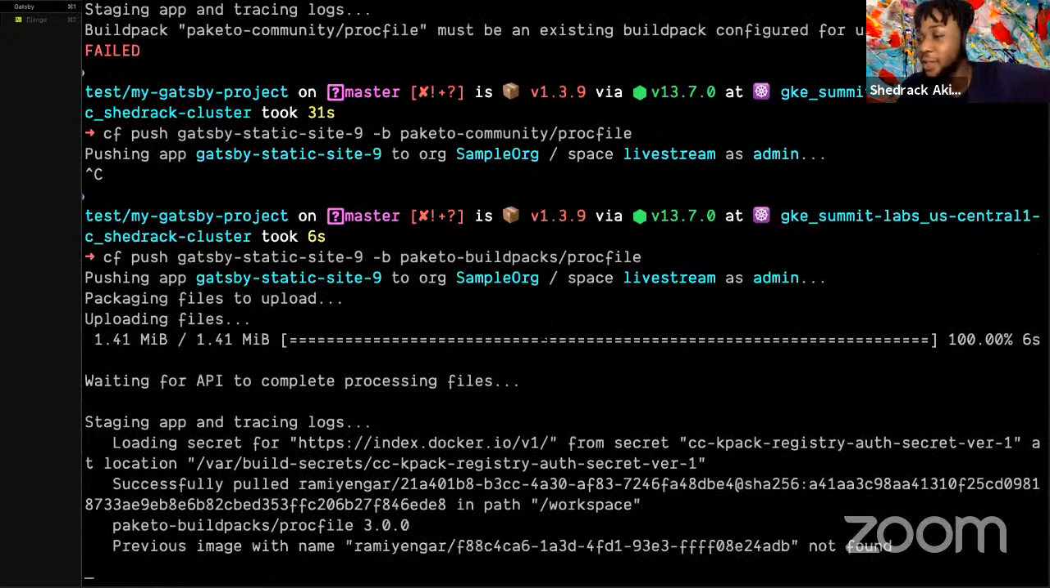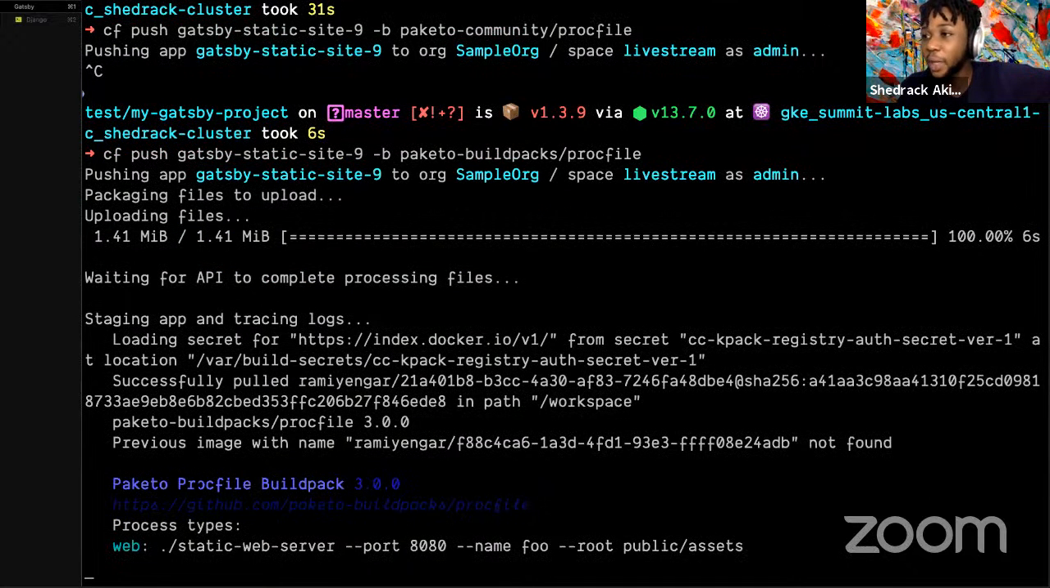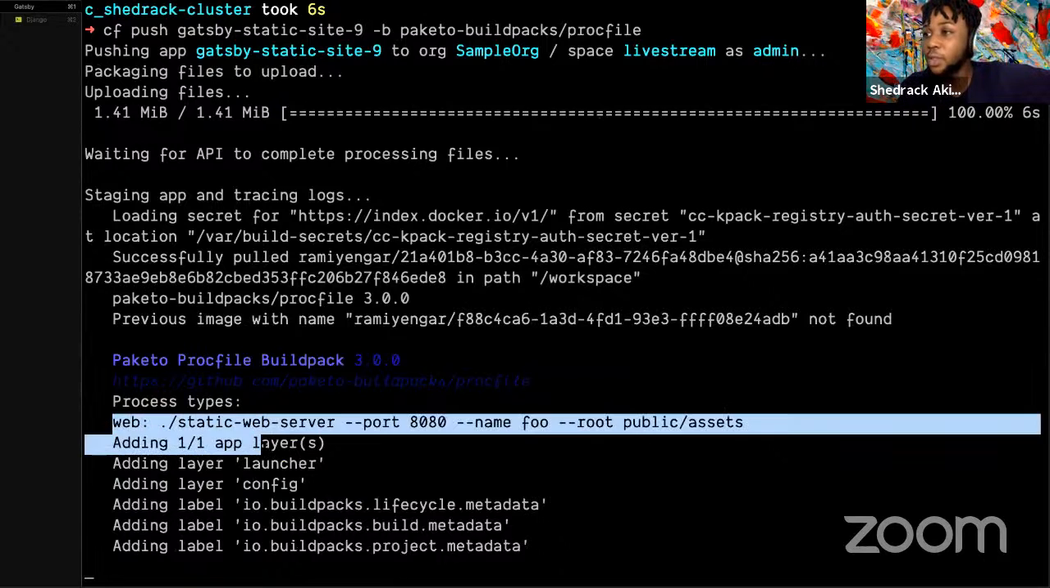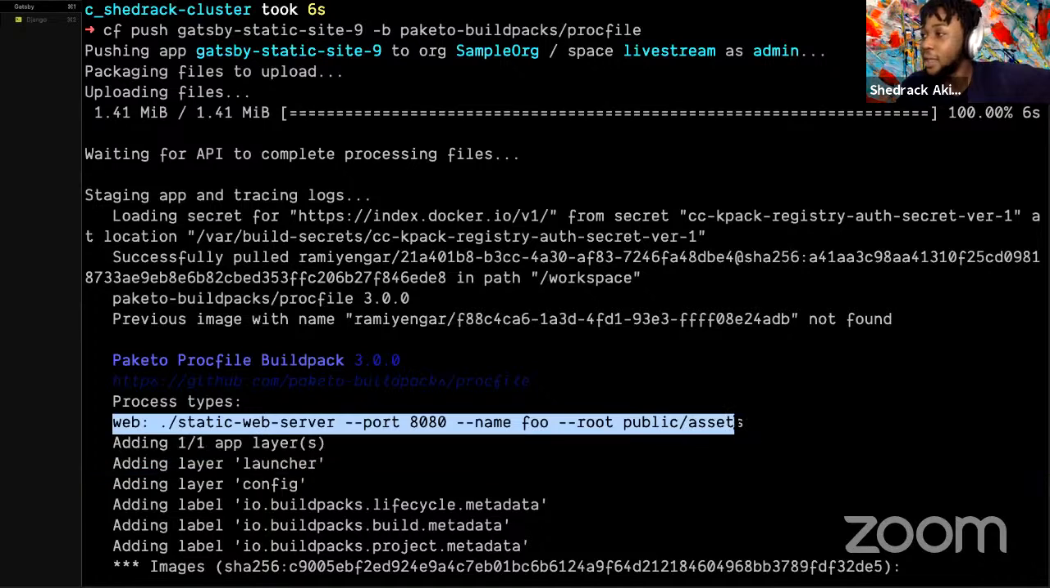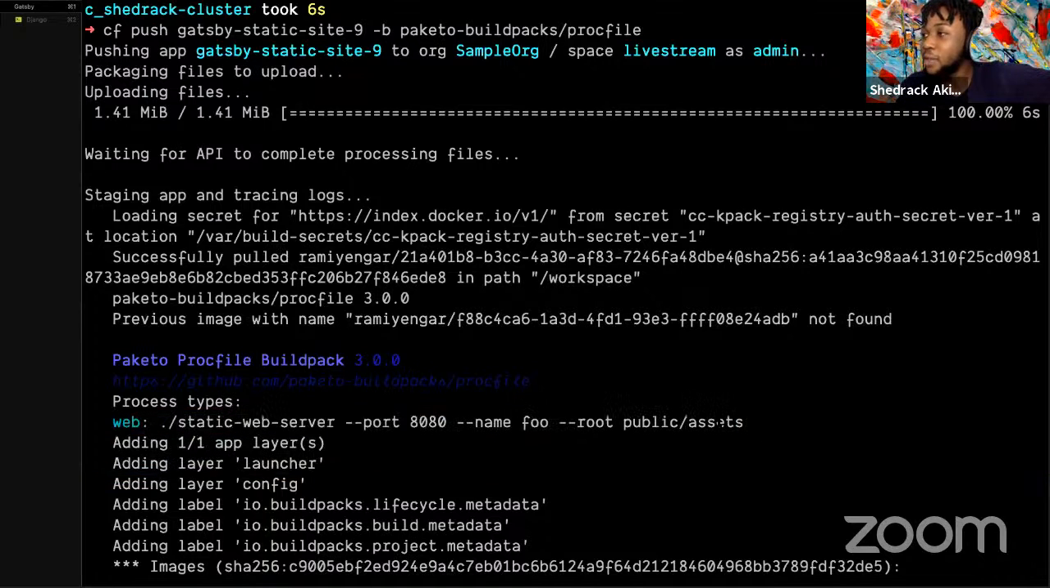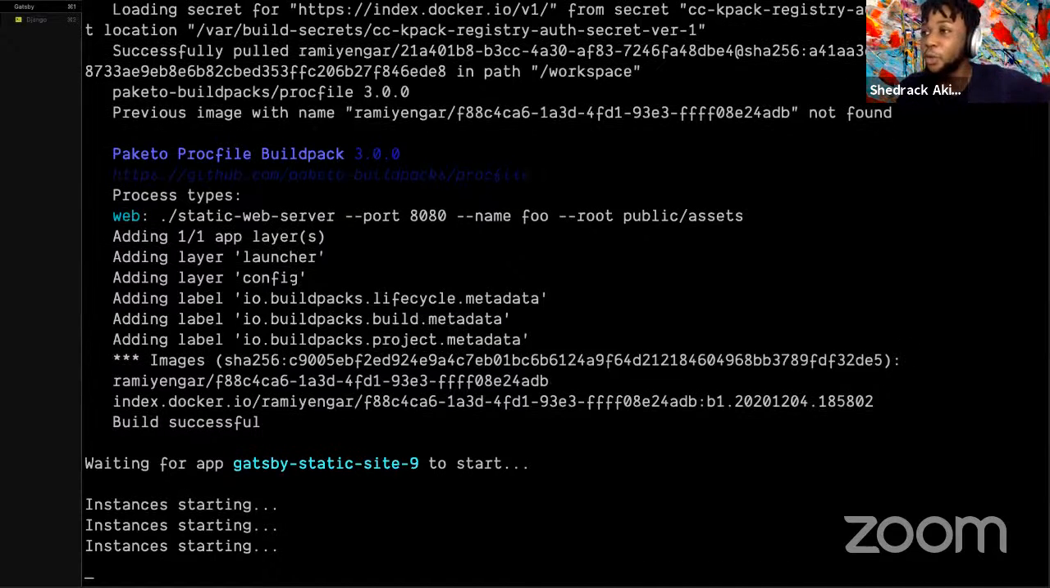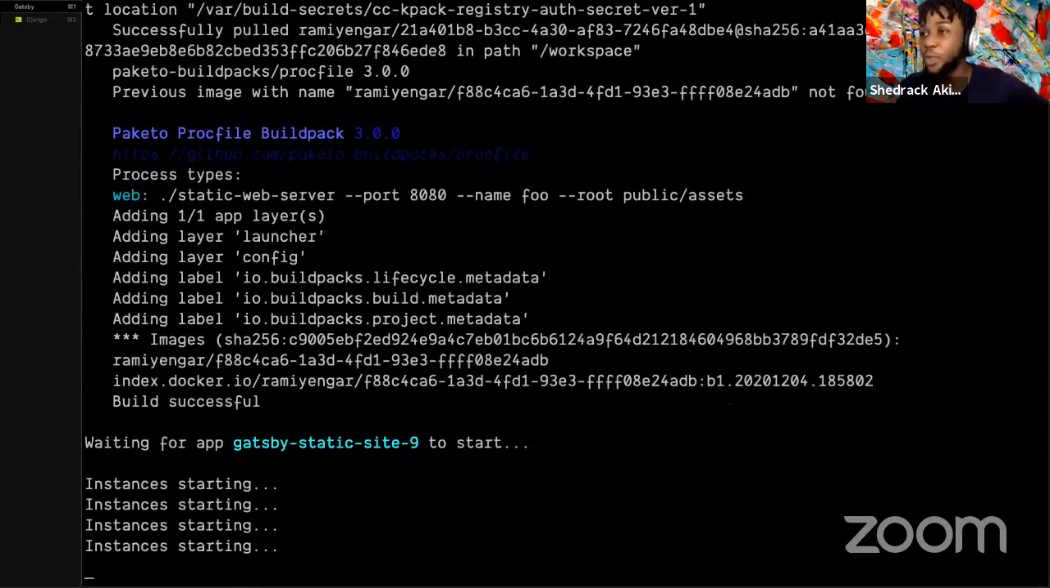So currently, we've specified the build pack. It uses the Paketo Procfile build pack, and this is what is inside the Procfile: web, static sites. Then we deploy. It deploys every single thing that's inside the public and public/assets folder. It goes through various layers of the build packs, builds the application, which is built successfully,